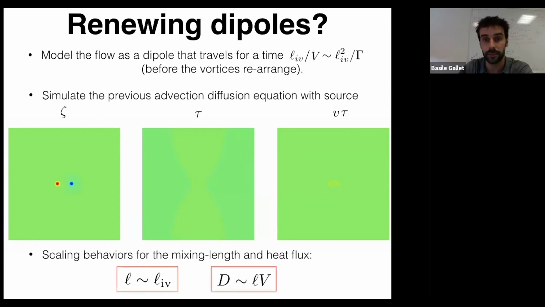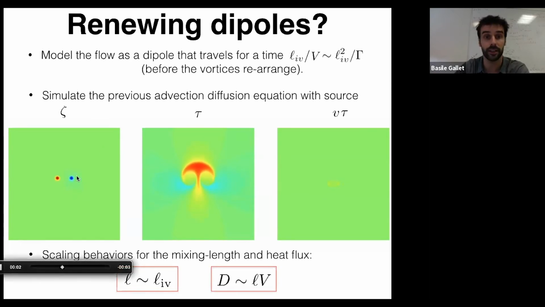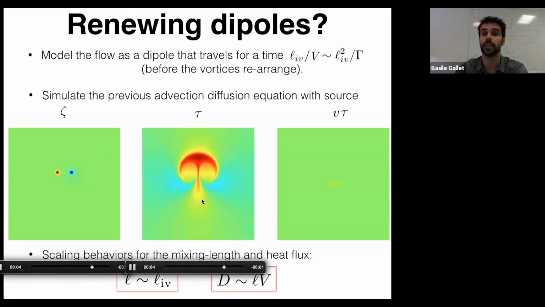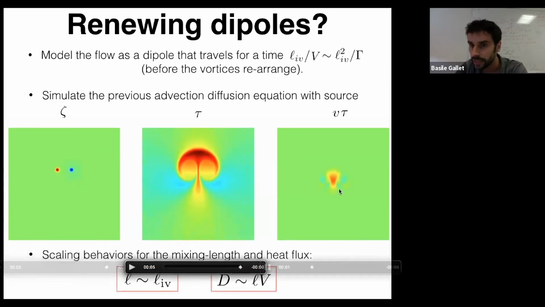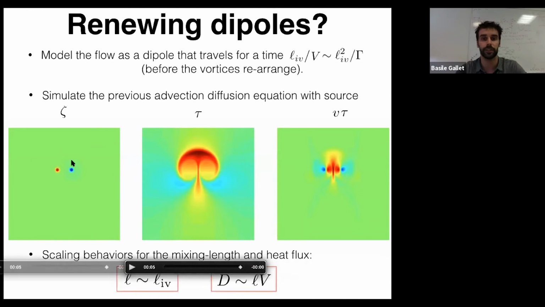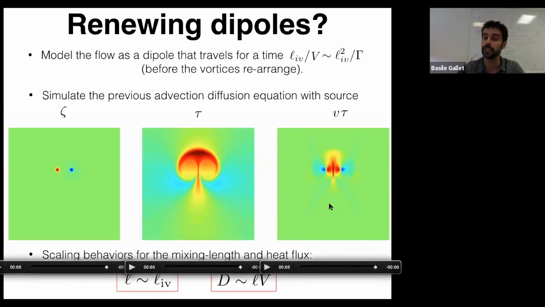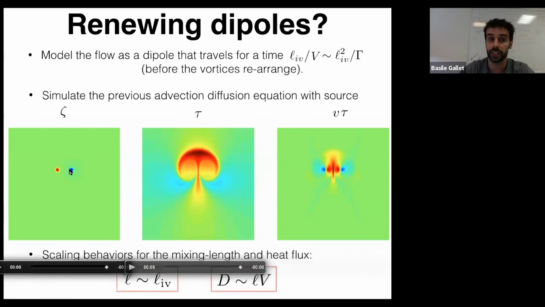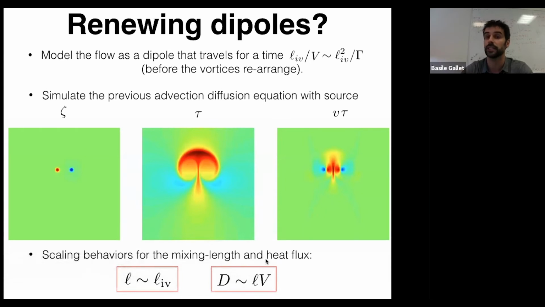Okay, so here is a typical simulation. You can see the vorticity here, you can see the temperature, and you can see the related heat flux here. So you can see that indeed you have positive temperature in the middle, negative temperature on both sides. There is a net heat flux associated with this, and you can repeat that simulation, changing the distance between the vortices, and get the scaling behavior for the mixing length and the heat flux in these simple events of dipolar